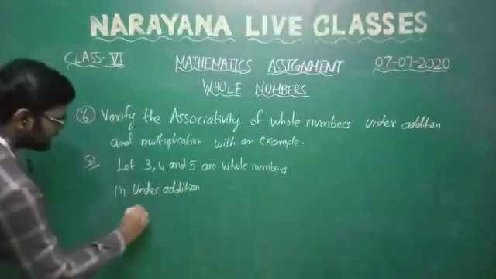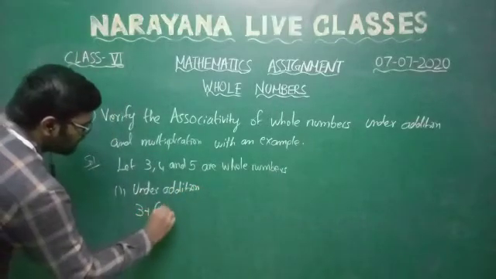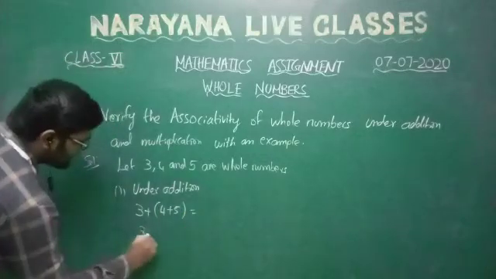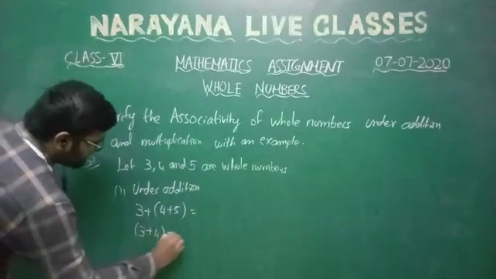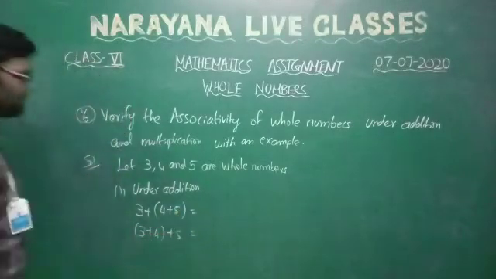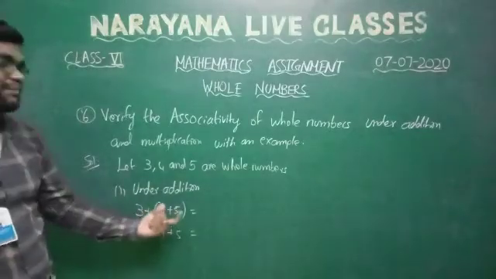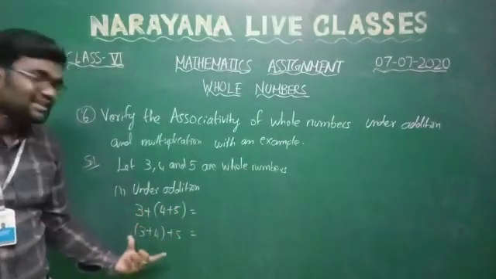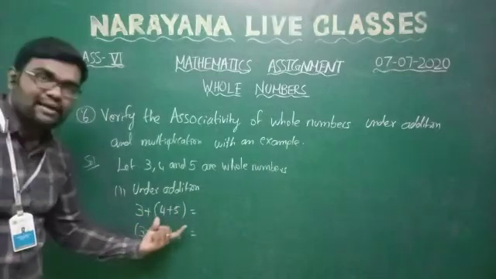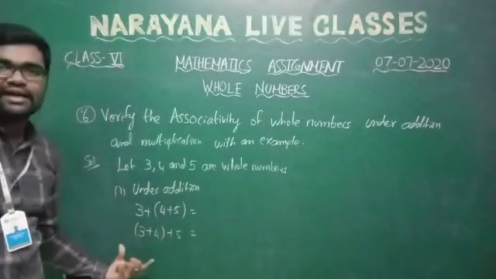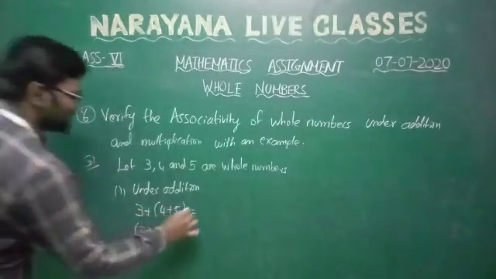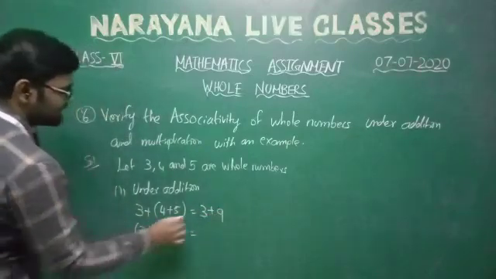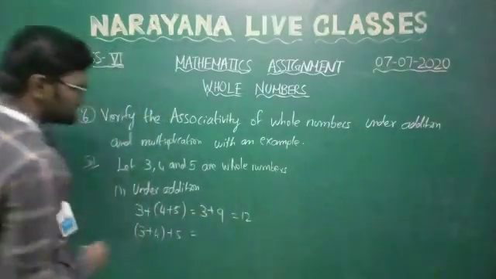According to the property, (3 plus 4) plus 5 should be equal to 3 plus (4 plus 5). Okay, this is the associative property. (A plus B) plus C should be equal to A plus (B plus C). Write the 3 numbers with addition, with brackets on the last 2 numbers in one case and on the first 2 numbers in the other. Like that you can remember. First, we should solve the bracket. You will get 4 plus 5 as 9. So 3 plus 9 is equal to 12.